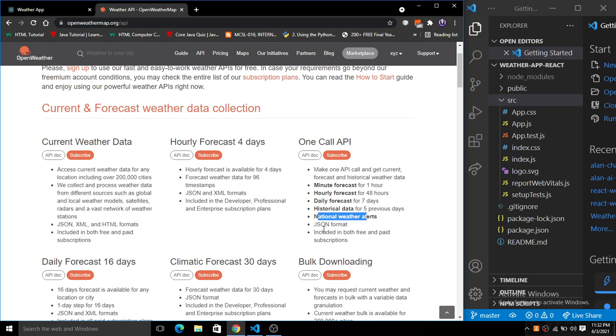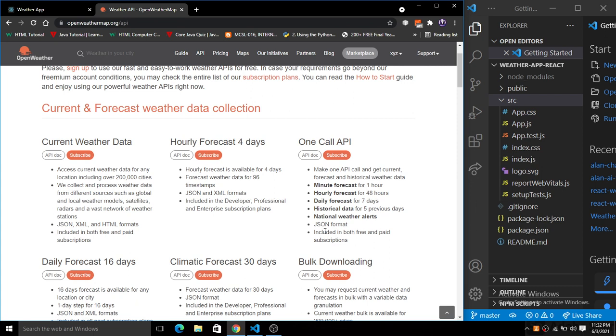It provides the whole data in JSON format, and it has a free and a paid version also. This API is free only for 1000 requests per day, and if you want more than that, then you have to purchase the paid subscription there.